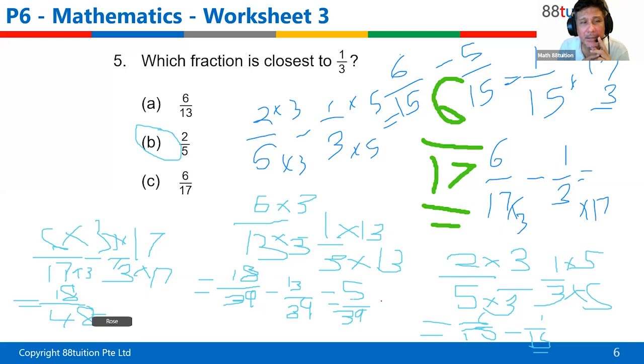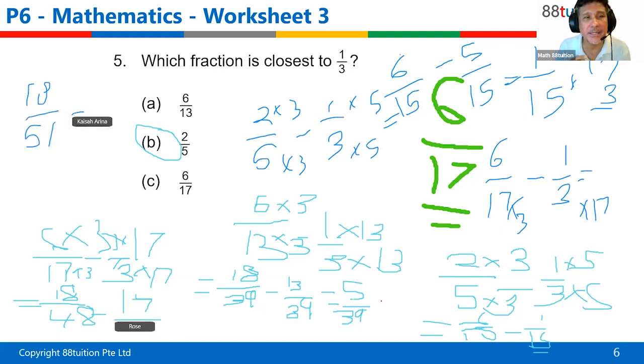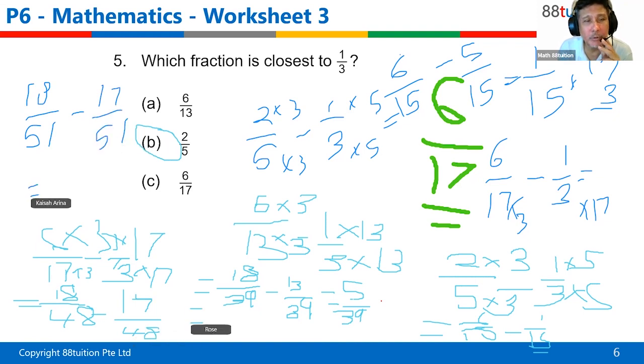Okay, then you get 18 out of 48 minus... okay, let's see. Kaiser seems to have stopped. Kaiser is writing on the opposite side: 18 out of 51. Yes. So Rose, be very careful. 17 times